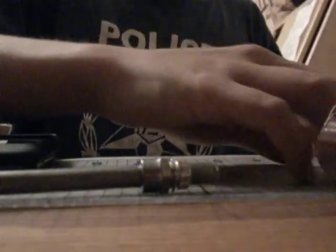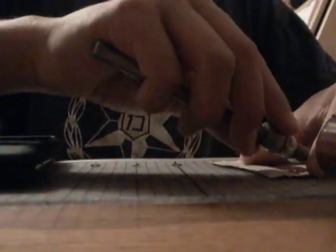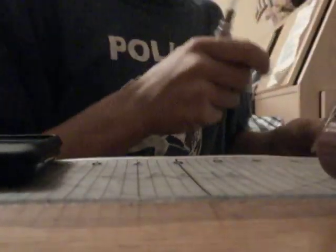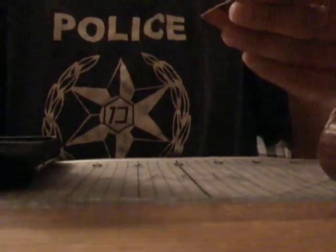I'm going to place this over my tape. I'm going to slice away the edges so it's not sticky past 3/4 of an inch like that. So I'm going to do that on both sides. I'm trying to make it as neat as possible. And once you're done with that,